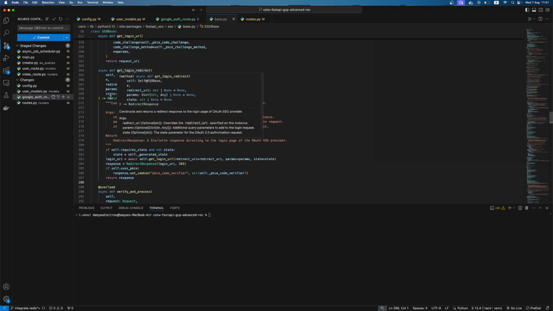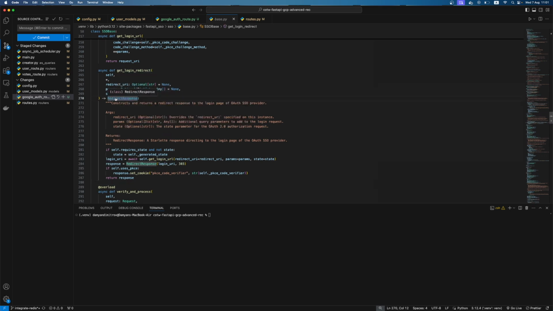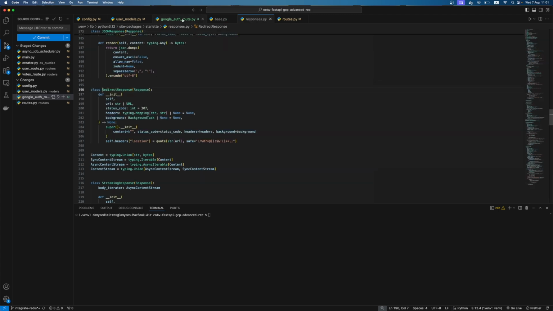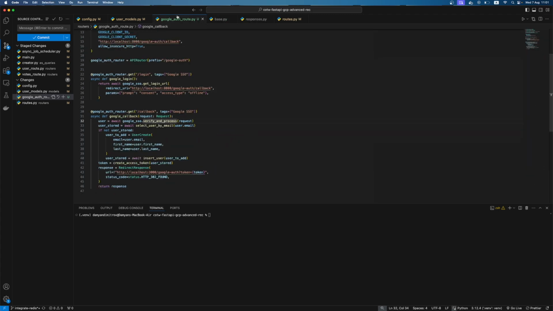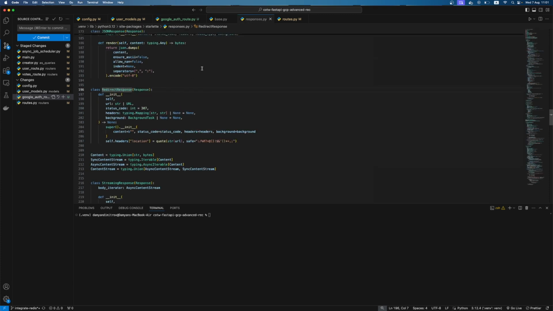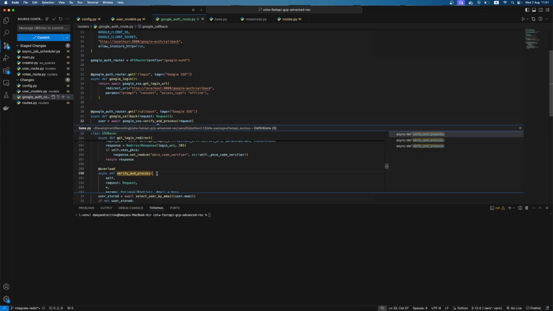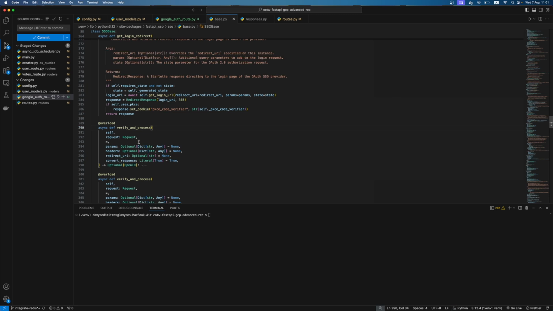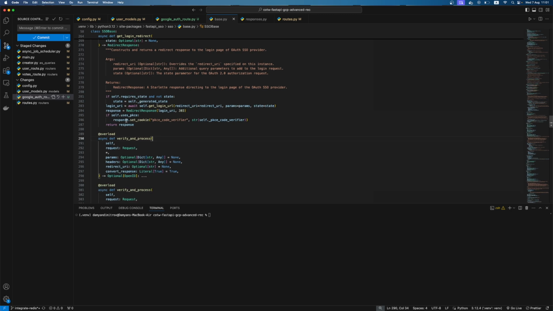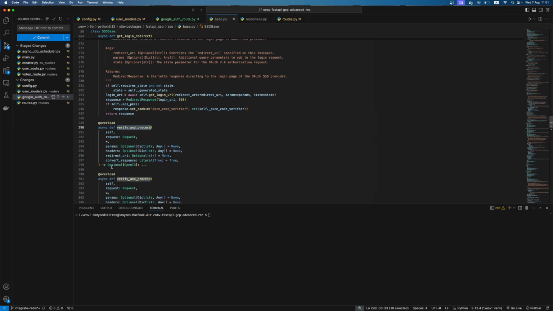So verify and process. Here we will receive an optional OpenID.